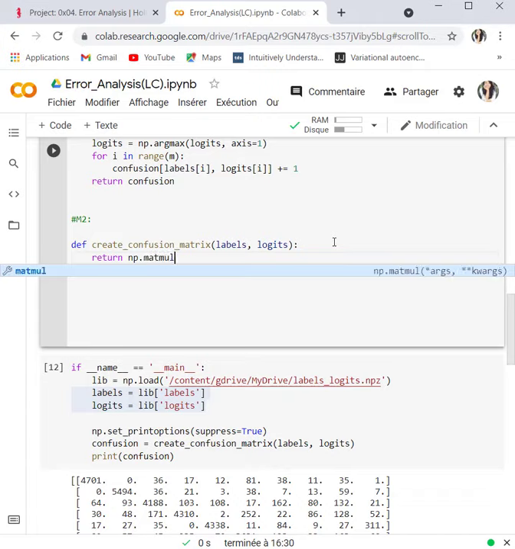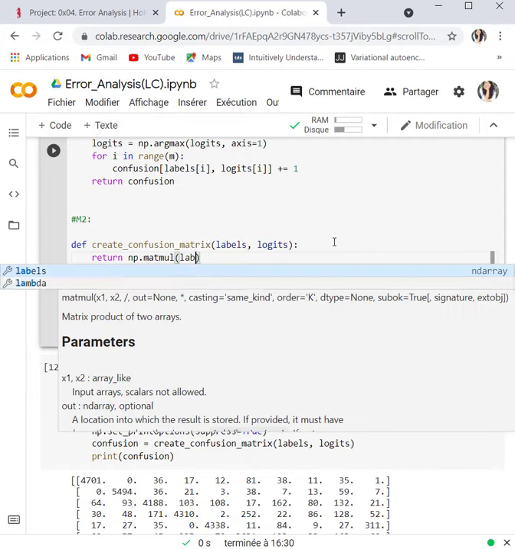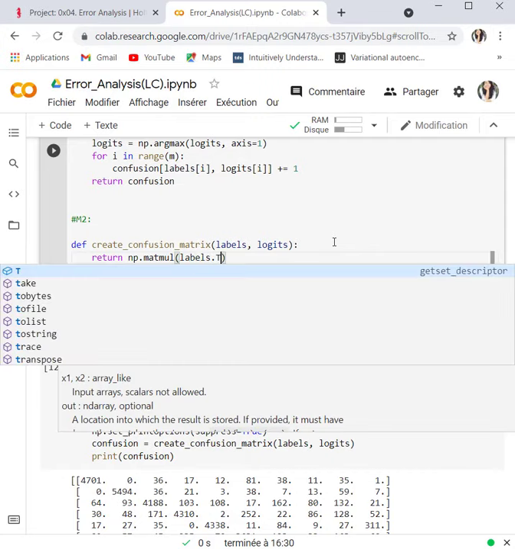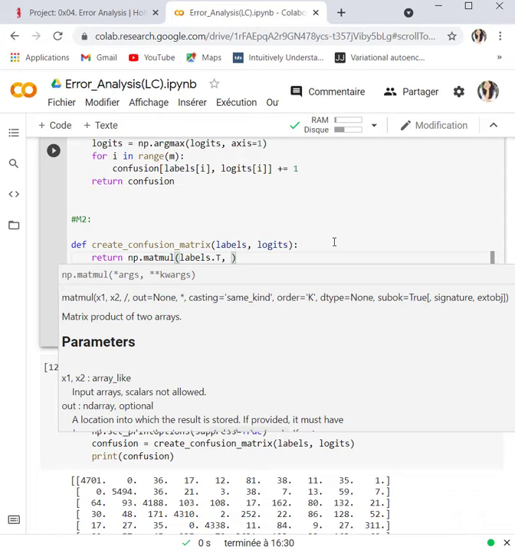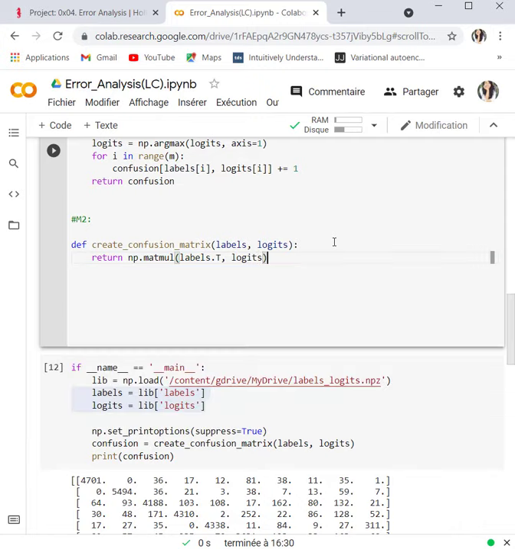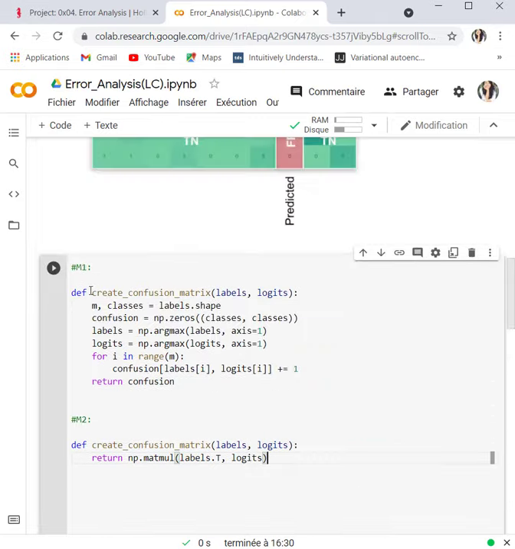If I multiply my labels transpose and my logits, using the definition of matrix multiplication, I will get the same results as this method.